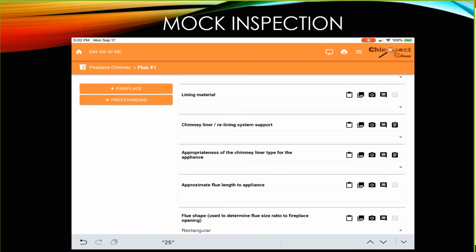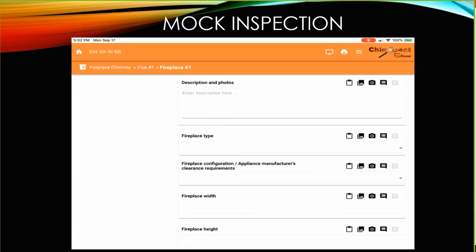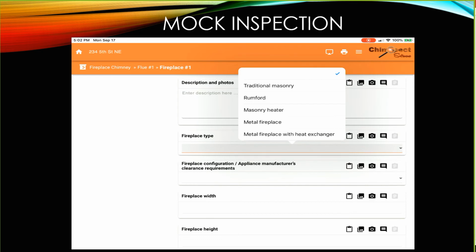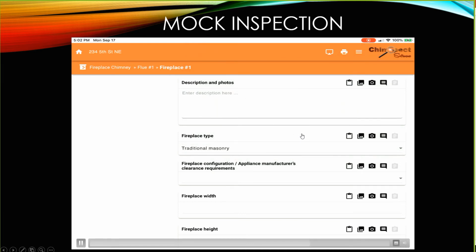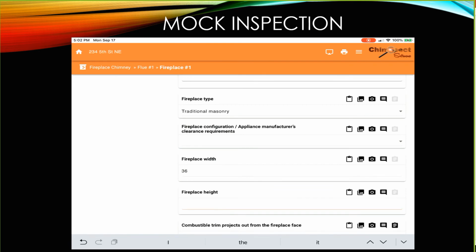Let's go ahead and add a fireplace to this. Again, I just want to show you some of the special functions. I'm not really trying to do a complete report here. Choose your fireplace type. We do have support for Rumford fireplaces, but let's select traditional masonry fireplace. The fireplace width, let's say that fireplace width is 36. And the fireplace height is, let's go with 36 on that too, because I want it to fail according to